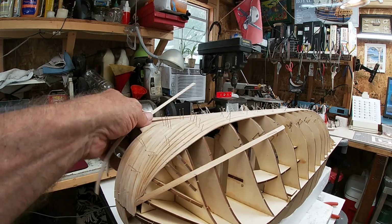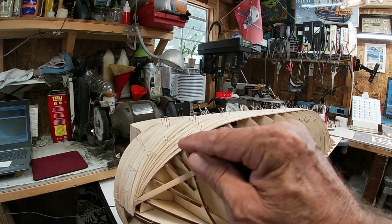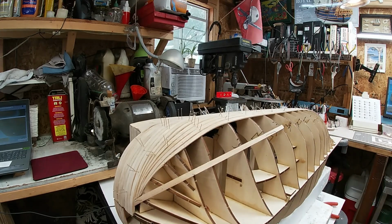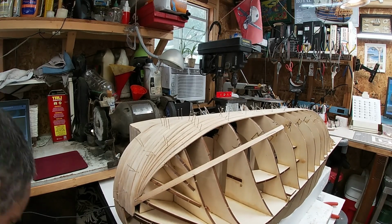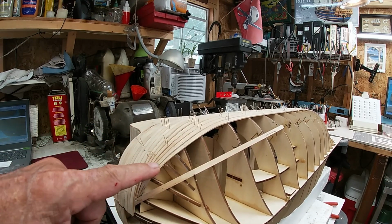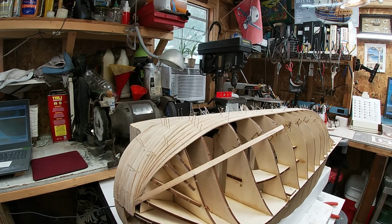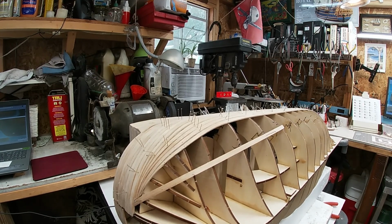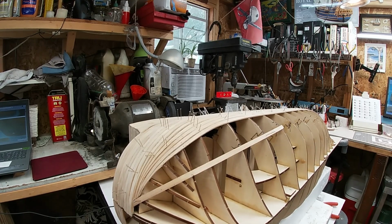I've already pulled some of the tacks out in this area here because I want to be able to get in there with the new boards without something in my way. All that I did yesterday, and today I'm back on it after that it's dried. So